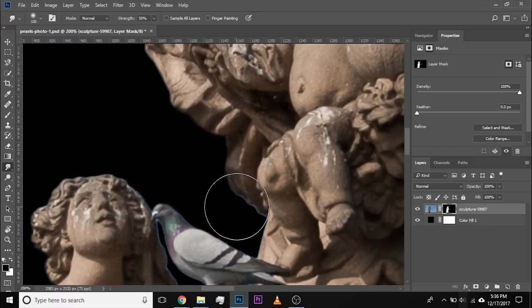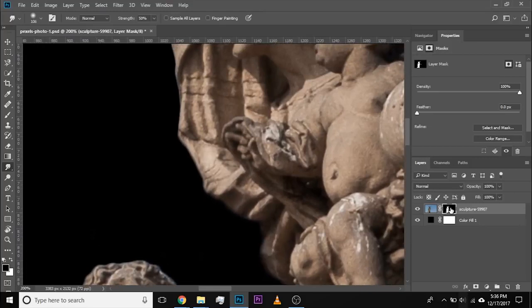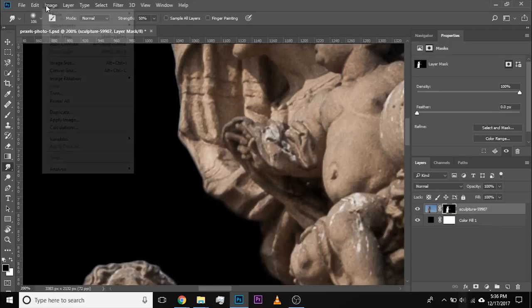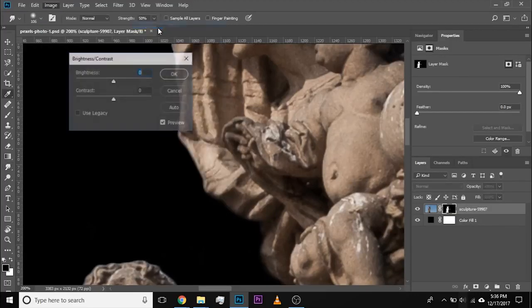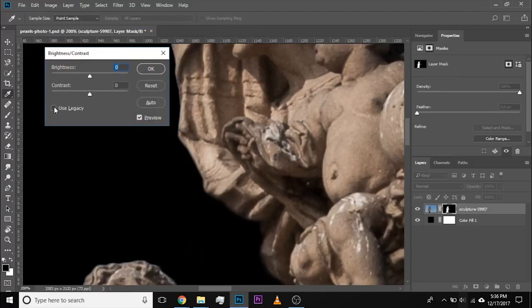So how do we tackle that? Very easy way to tackle that. Let me show you. All you have to do is make sure the mask is selected, and then go to Image, Adjustments, and then Brightness Contrast. Make sure you check Use Legacy, and then go ahead and increase the